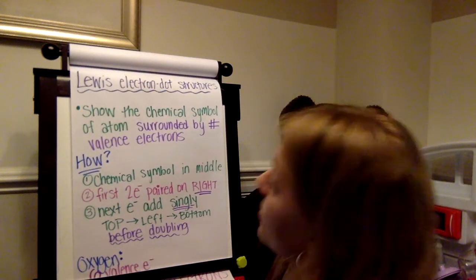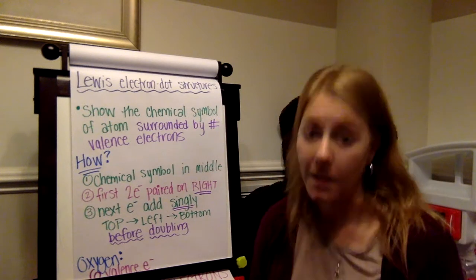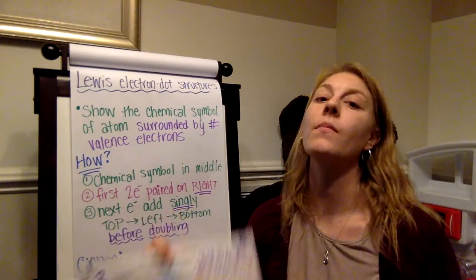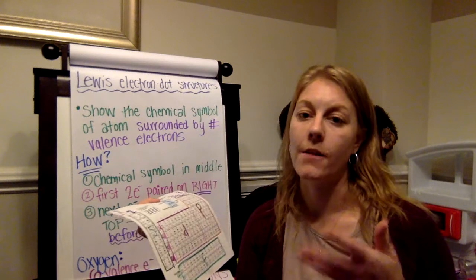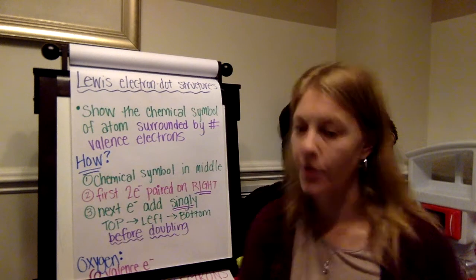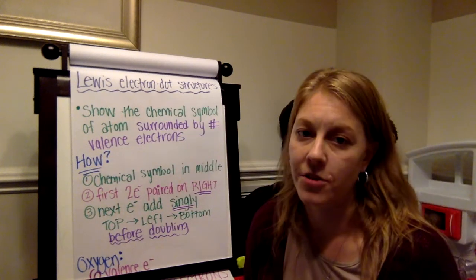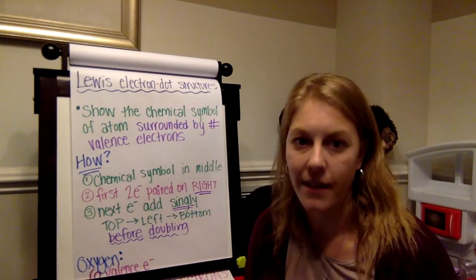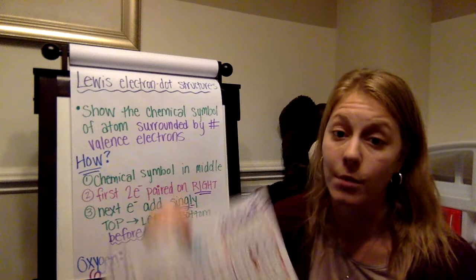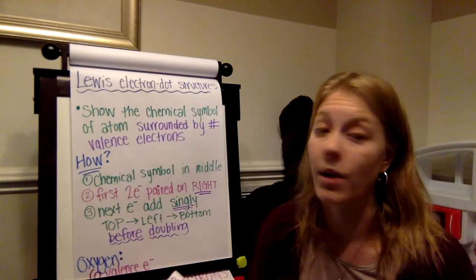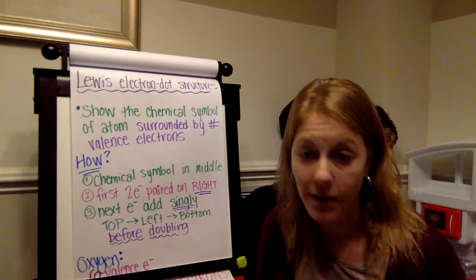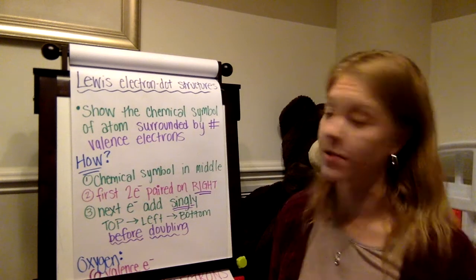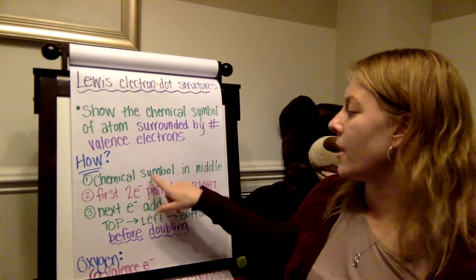Now, we're going to look at how to draw Lewis electron-dot structures for any of the elements really that we see on the periodic table. We're going to use their valence electrons to do this. All right, so what Lewis electron-dot structures show is the chemical symbol of an atom surrounded by the number of valence electrons. We know how to find the chemical symbol on the periodic table. We know how to find now the number of valence electrons on the periodic table. So we can draw a Lewis electron-dot structure. How do we do this? The very first thing